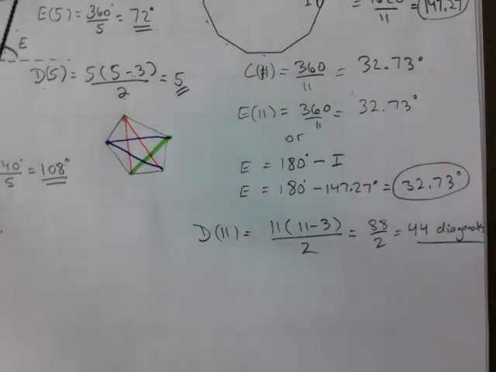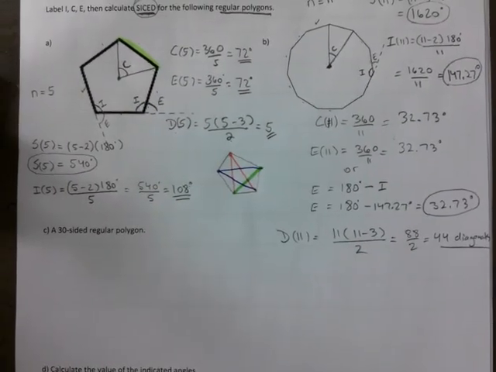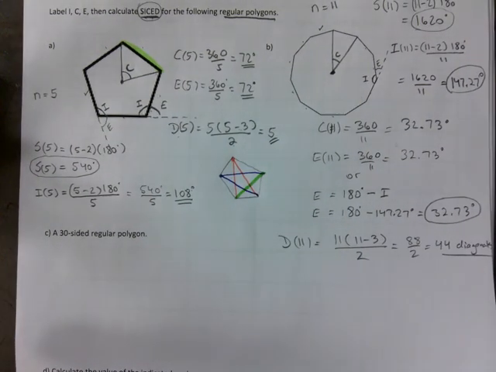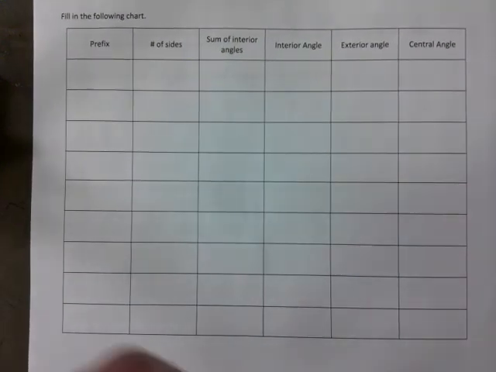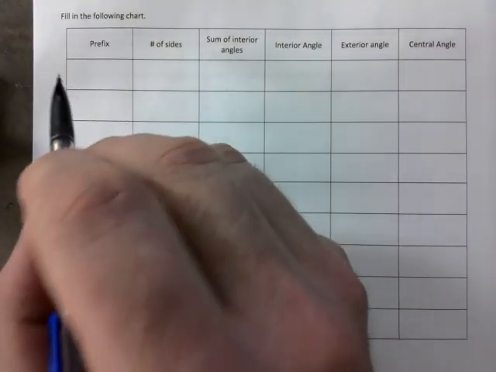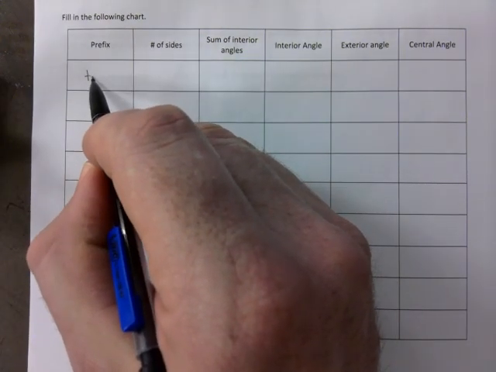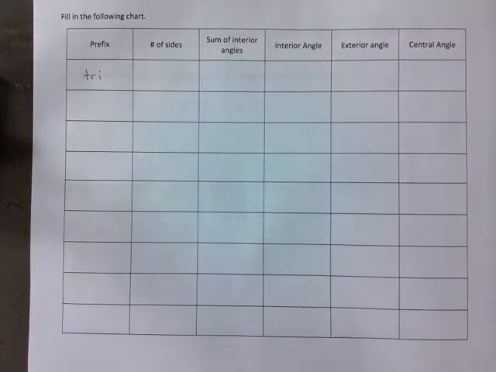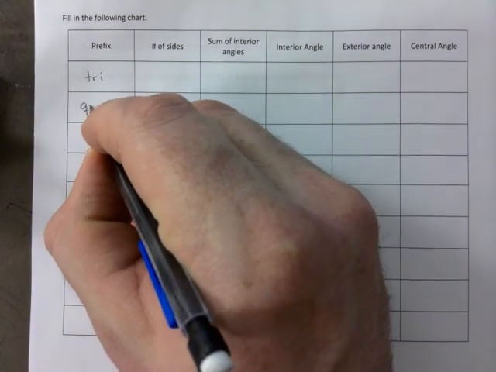I'm gonna wait with C and D for now. Let's go to the next page there. This chart. On page 13, write down the prefixes. Tri. Let me see here. Don't write it down just yet. I don't know if I have enough cells to do tri and quad. Yeah, I do. Tri, quad,